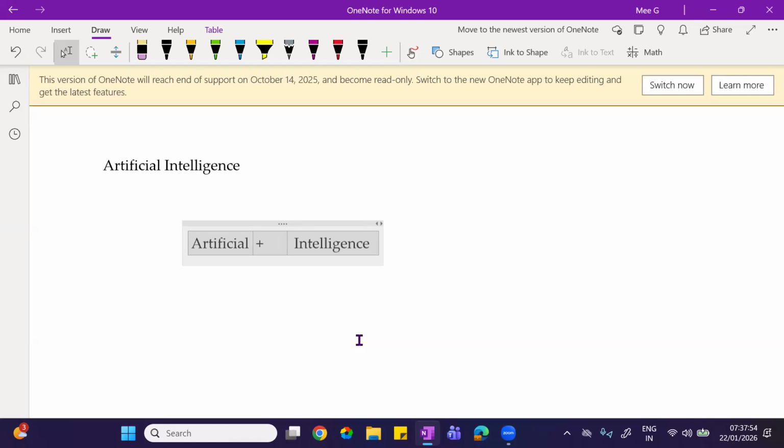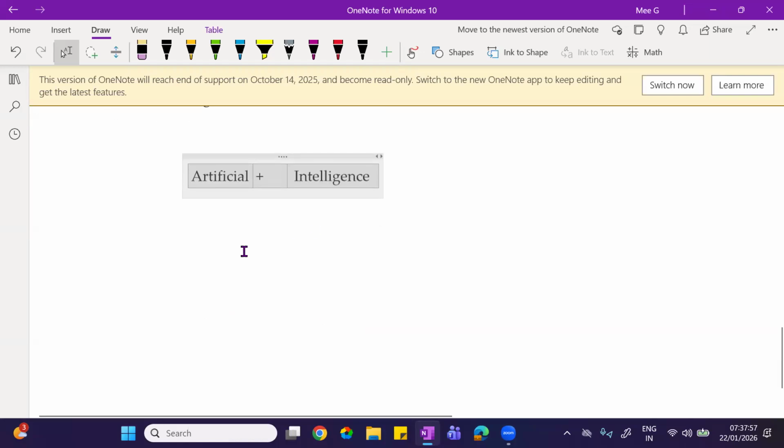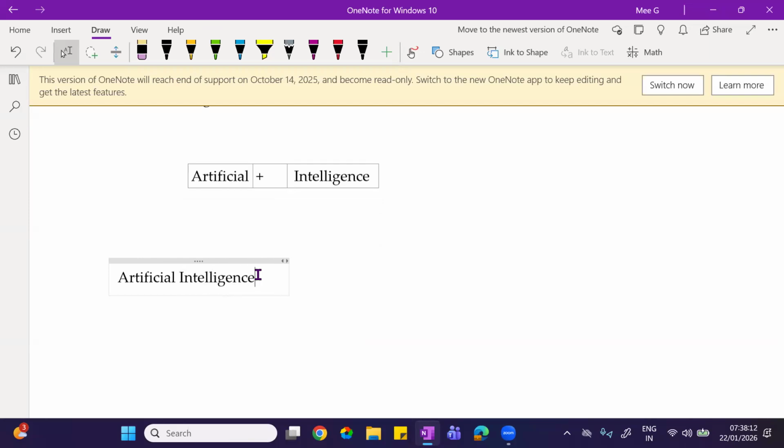Now let's go on to this. Artificial intelligence is broadly classified into three types. The first one is artificial narrow intelligence.